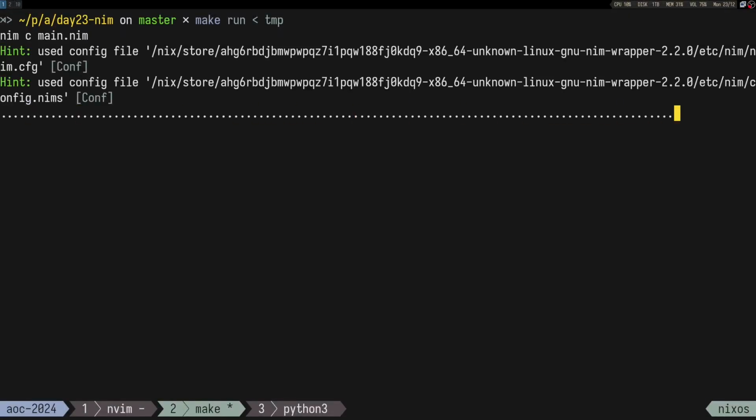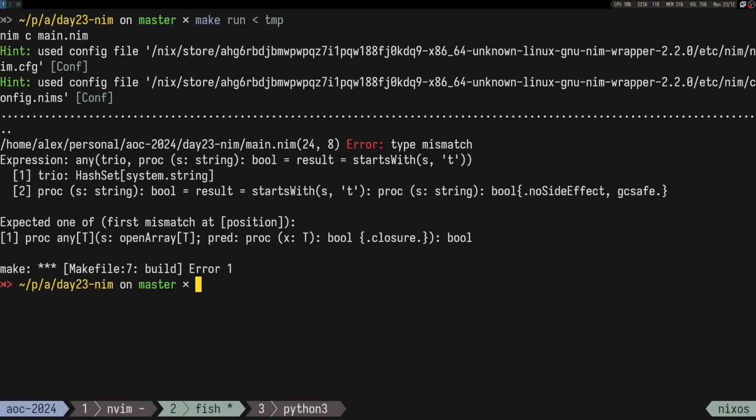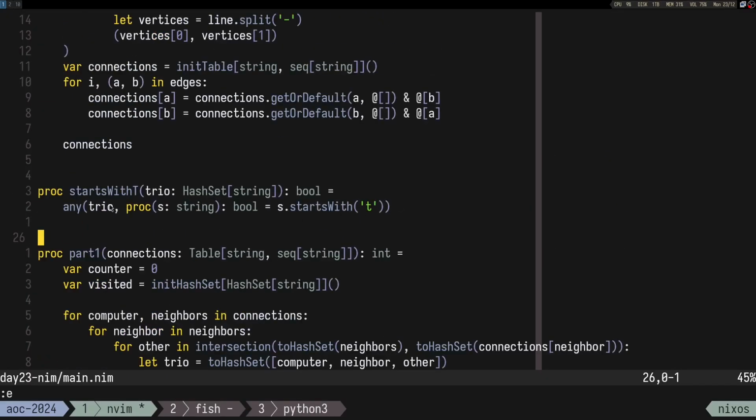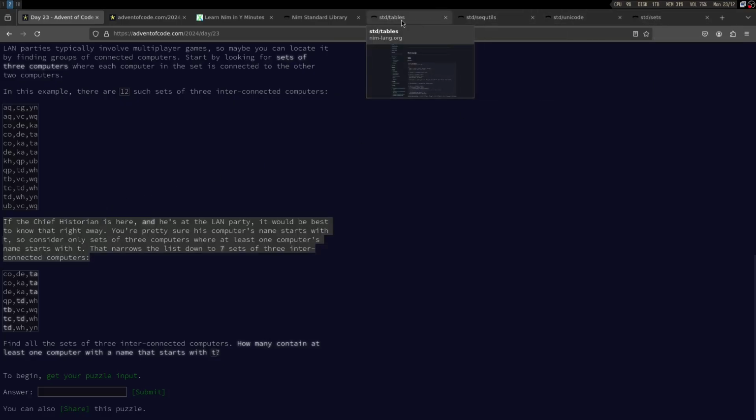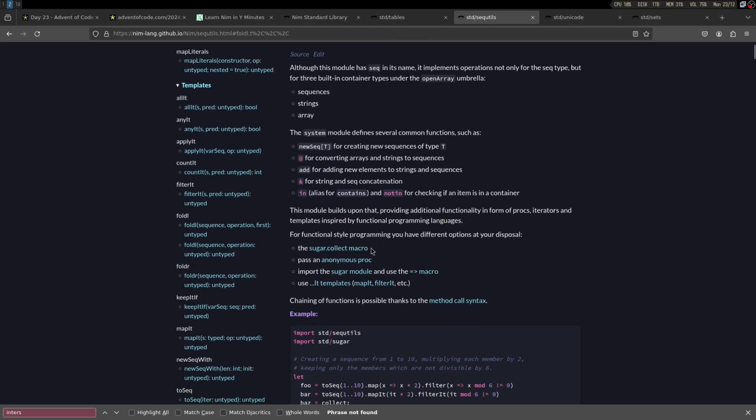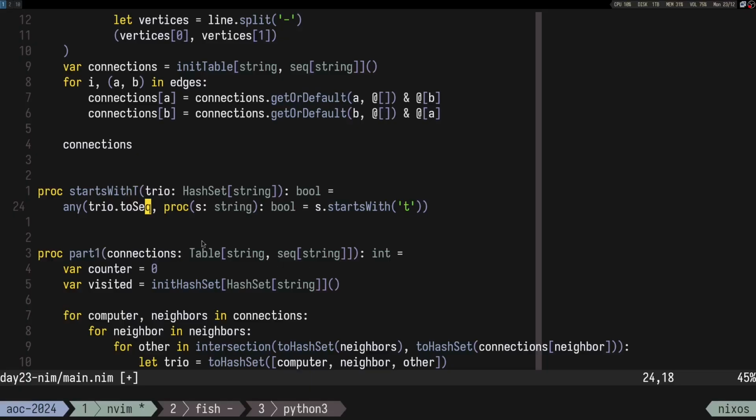But maybe it doesn't work on, so it wants to be an array. So can I say something like to sequence? Should be like the first function. Yeah. Okay, so maybe I can say